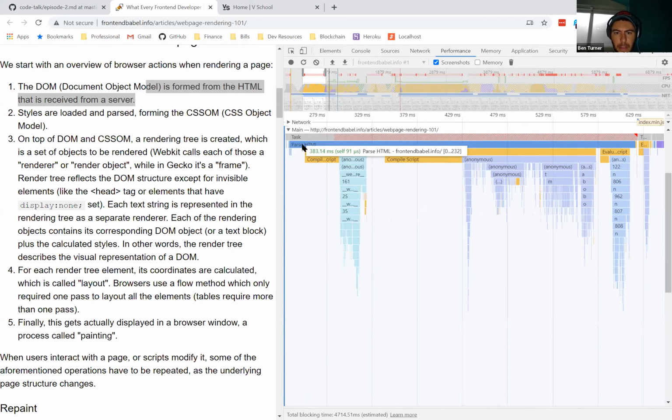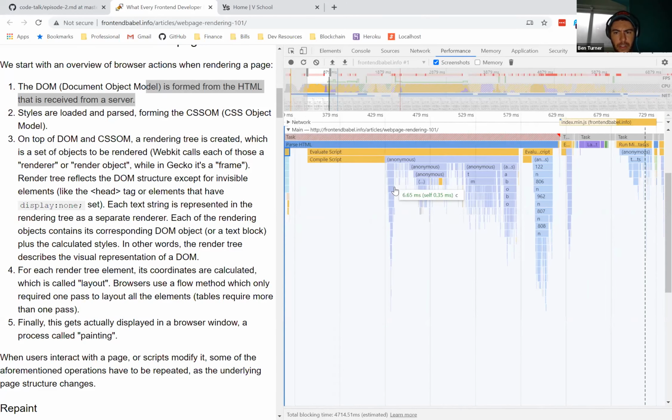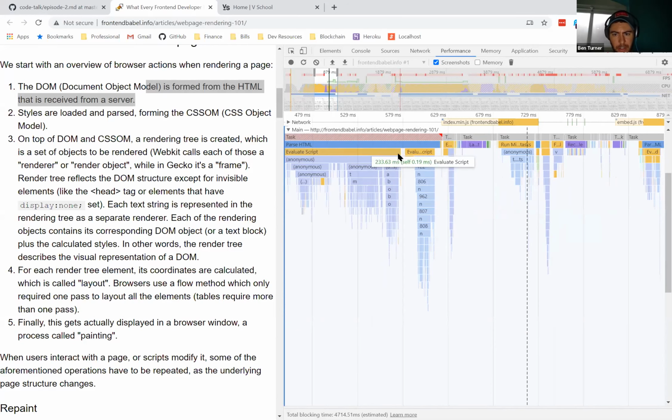As it goes down, you'll kind of see this cascading because these processes are all happening simultaneously, right? So we get the HTML, which is parsing. Oh, it hits a script tag, so that's going to start evaluating the script. And then more and more things are going to be happening as you go down. We could zoom in on them if we wanted, but this is just high level stuff. Okay, we hit another script tag, goes on, cool, cool, cool.